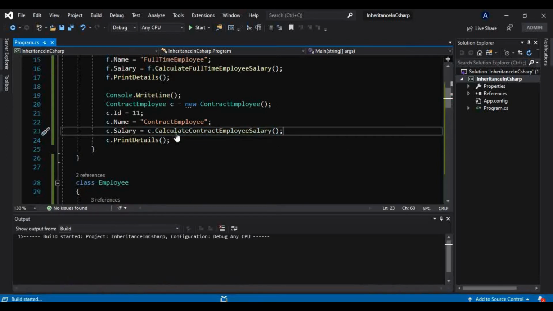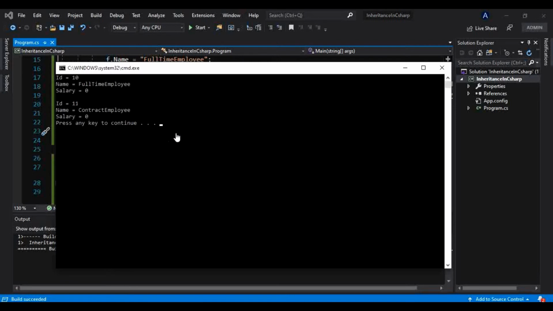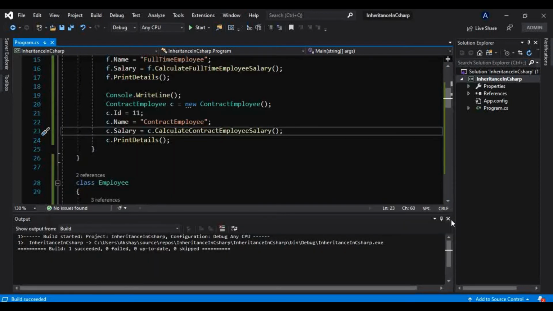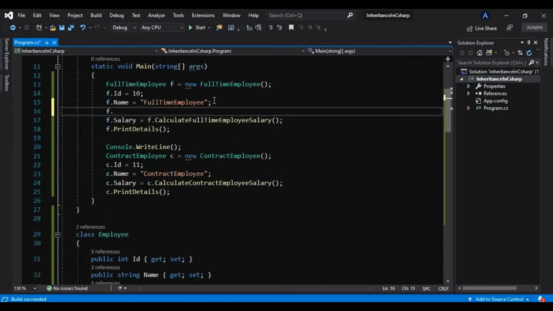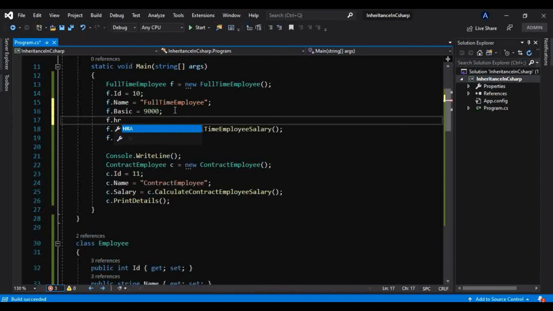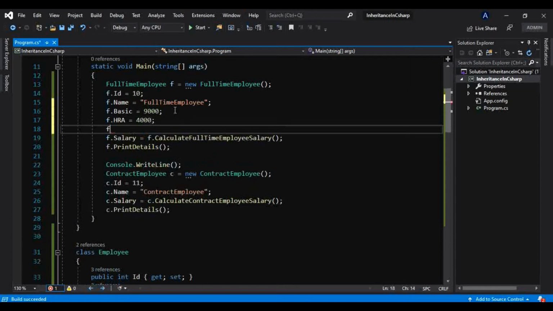And now if I run, okay, right now it is giving 0. Why? Because we have not provided that value as well, HRA and basic. Okay, so for that we know this employee, we have taken that property that is basic, so for that you have to provide the value. Let's say basic is 90,000, okay, so 99,000, and let's say HRA is equals to 4,000, and let's just say tax is equals to 200